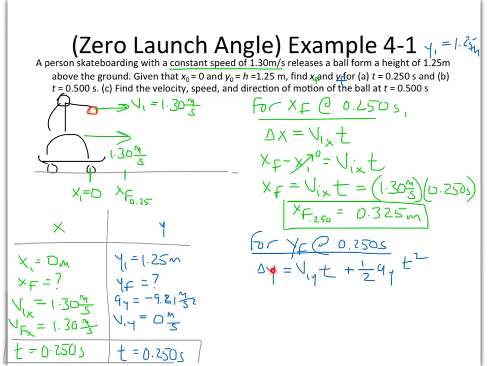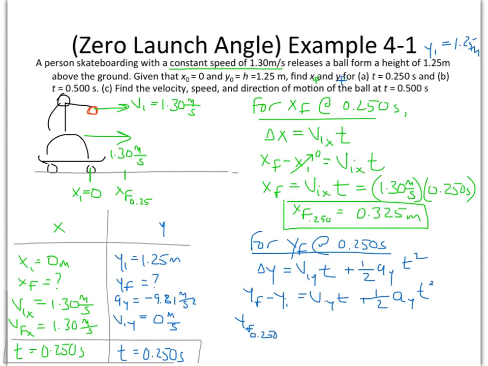Of course, the delta y can be broken into y final minus y initial, equals V_iy times time plus 1/2 acceleration in the y times time squared. All right, we're going to solve just for that y final, so we're going to add that y initial over to this side. All right, so I'm running out of space here a little bit. Here's going to be a working equation for y final. Again, let me be more specific. For y final at what time? At